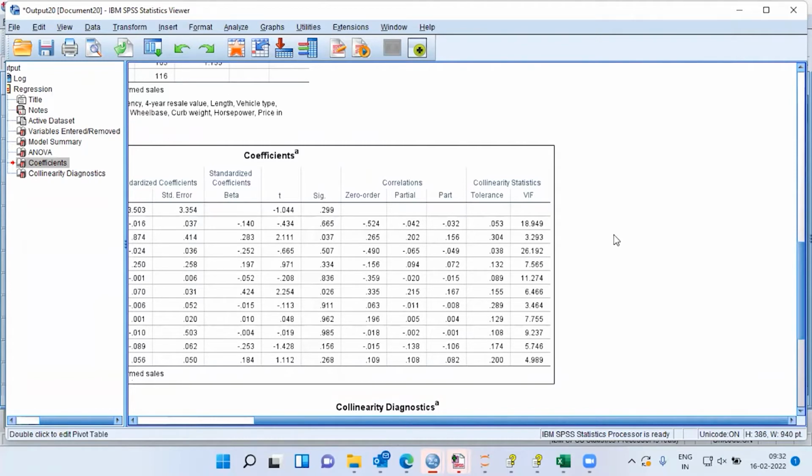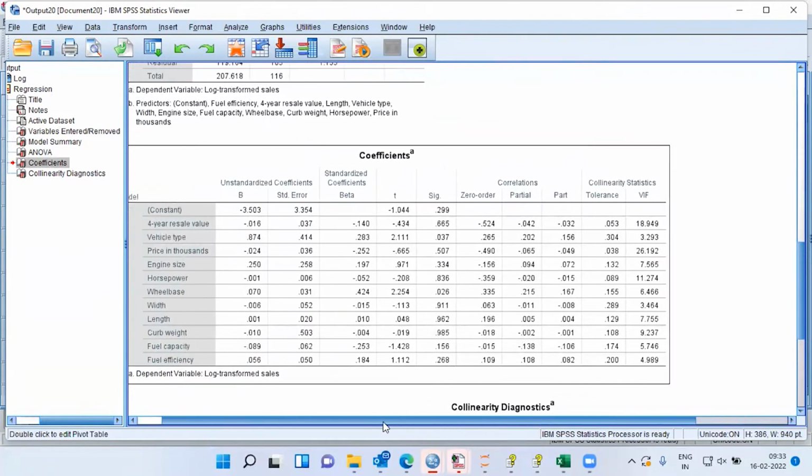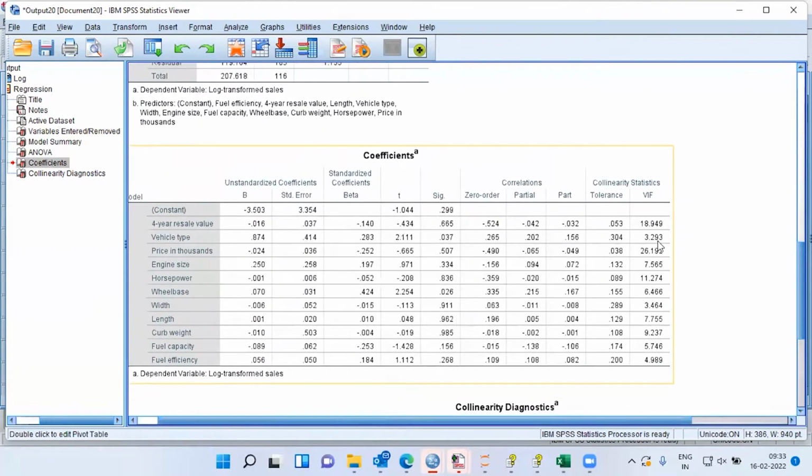I can see there are at least 3 variables which have a VIF greater than 4. This is 18.94. If I scroll to the left side, you can see 4-year resale value, similarly 26.19. This corresponds to the variable price. And next, what you have is 11.27. This is for the variable horsepower. All these variables are causing a high degree of